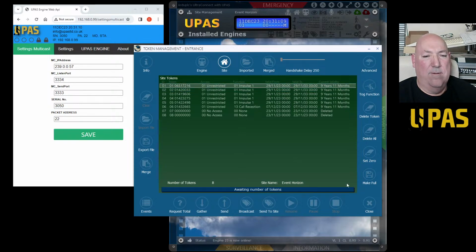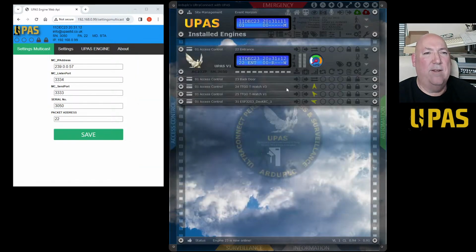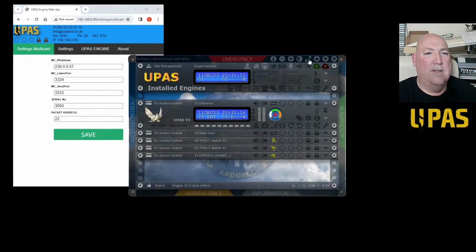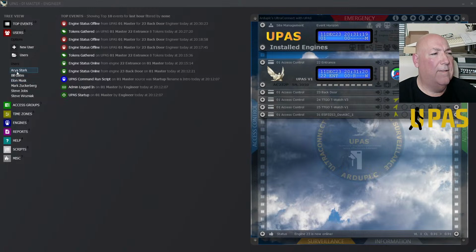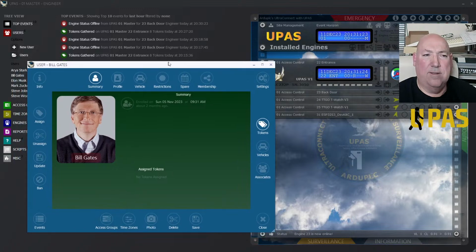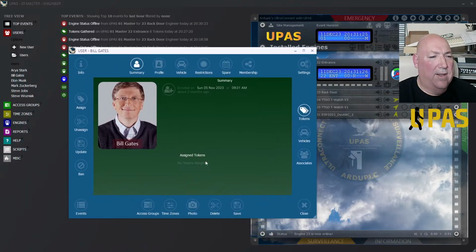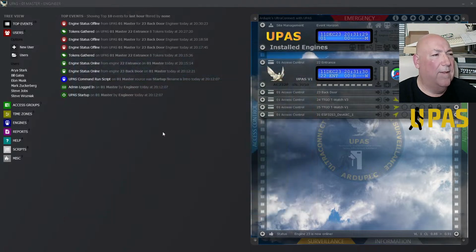The only time they really mean something is if you go into users and you click on your user, for instance, and it's got no tokens assigned. Why not? Must have deleted it. Right, let's try another one.